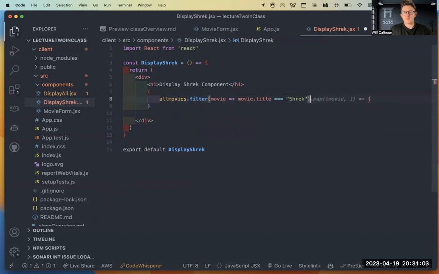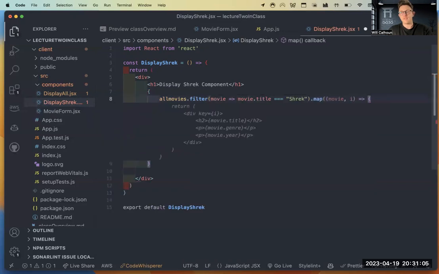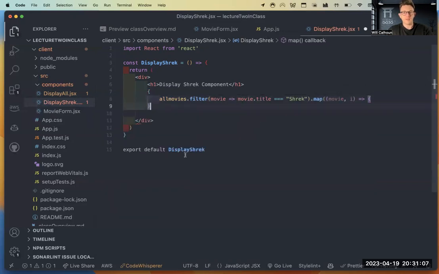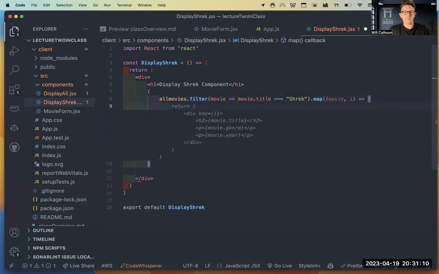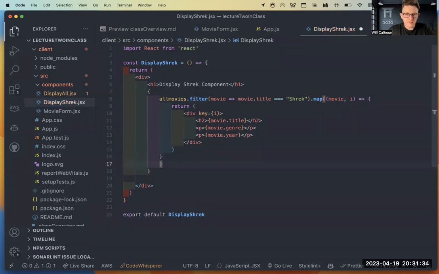Just going to say this. Well, I guess I still need to map through, and then perfect. And I'll walk through this here in just a second. Oh my gosh, another little curly boy issue. There. Return, curly boy. There we go. Okay.